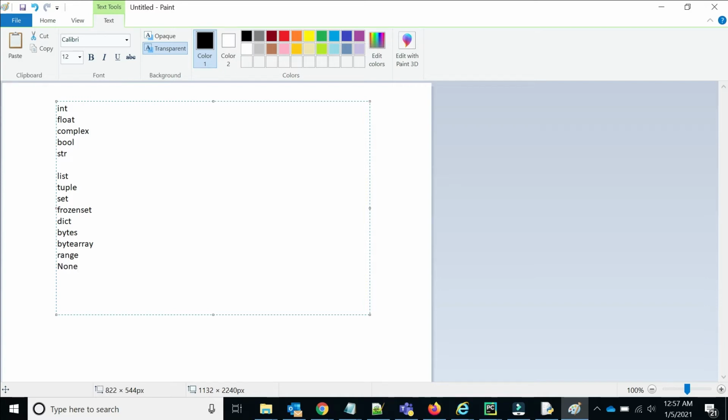In today's tutorial, we will discuss all the basic data types like int, float, complex, bool, and string data type.